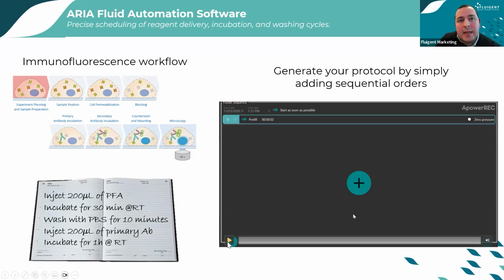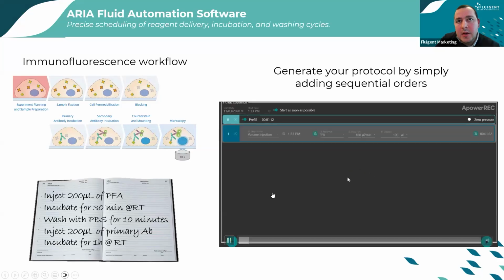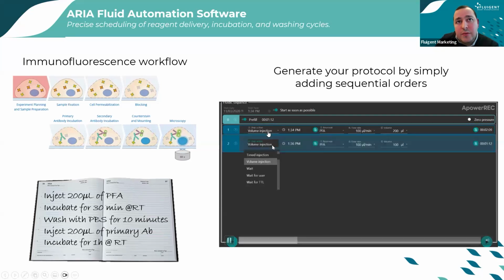So here is how we can stream or control the flow using the system. Using the area software, we will program these steps. The first one will be, for example, a volume injection of 100 microliter per minute, wait for the incubation for 30 minutes, and afterwards plan again